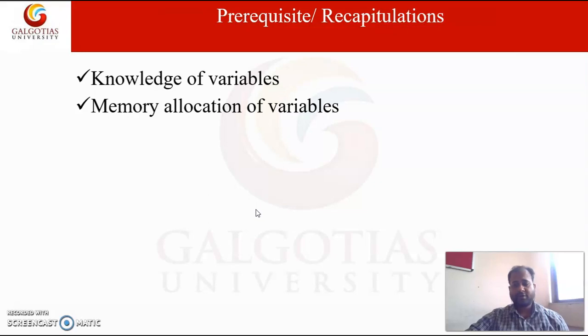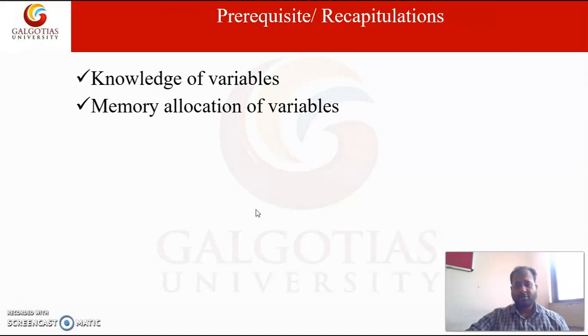So, in the C language, we have int data types, float data types, and character data types. The size of these data types is also dependent on the computer system.